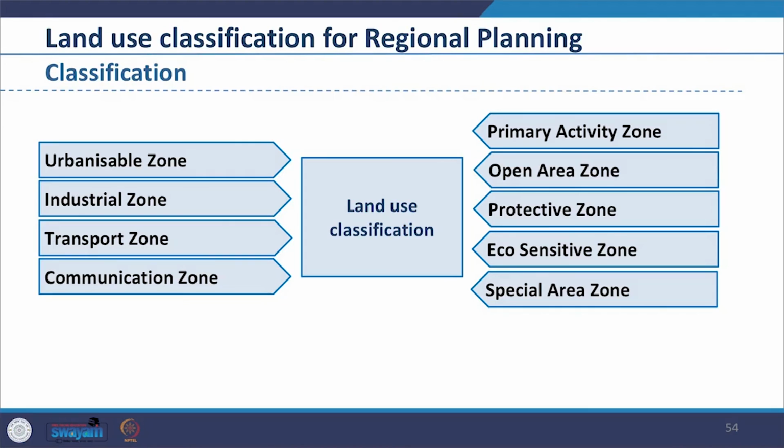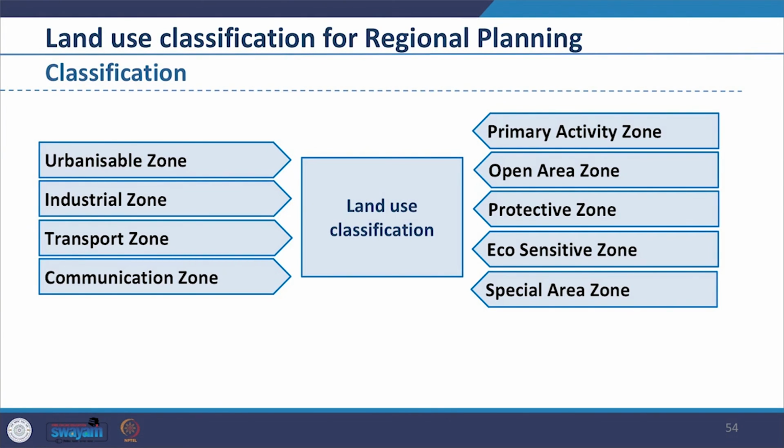Now, pertaining to regional planning, we are going to see different kinds of land use classification, which is usually done when we prepare the plan and prepare the maps for it. So, we identify different classifications. We will not get into the details of it, but the different classifications which are done are the urbanizable zone. So, we identify whether the zone can be urbanized or not,